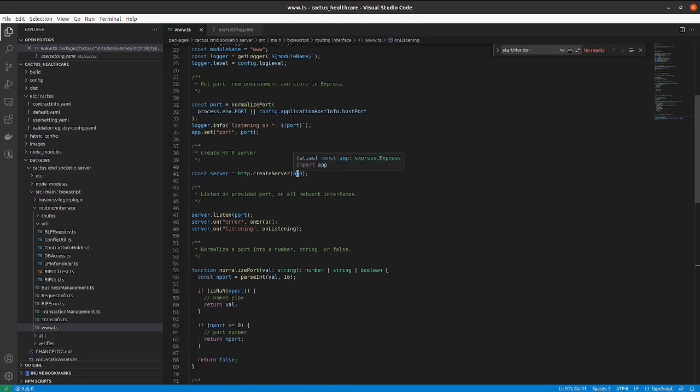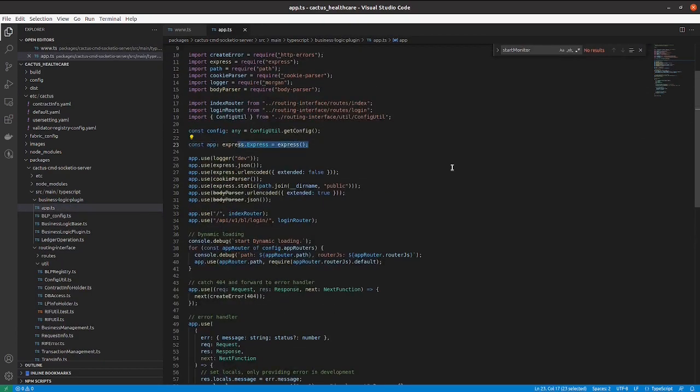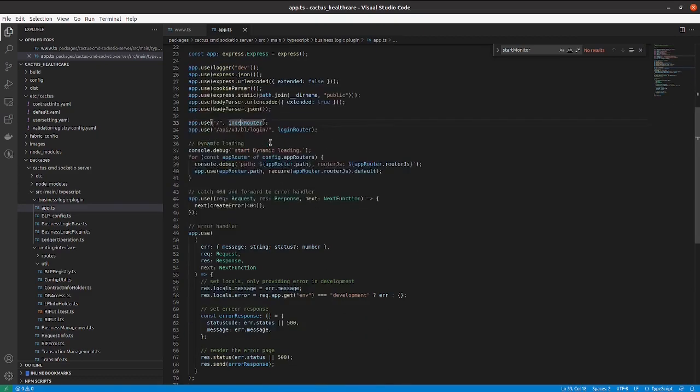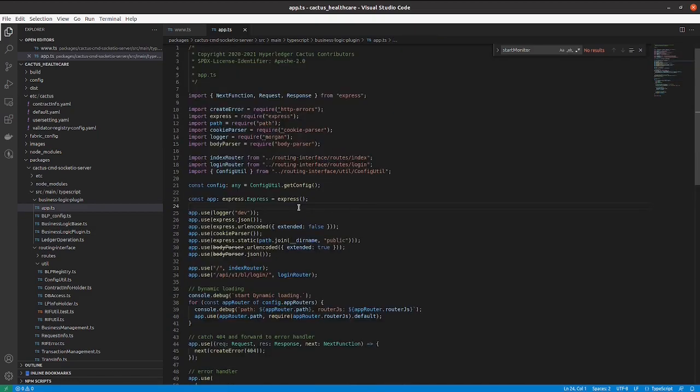Now let us go to this app class. We are using the Node Express framework to create this server. Using Node Express, we can make middlewares to respond to HTTP requests. There are two routers, static routers we have set up here. Based on the URI, it will select the router file. So here in this app.ts, we have implemented the logic to select the proper router file.